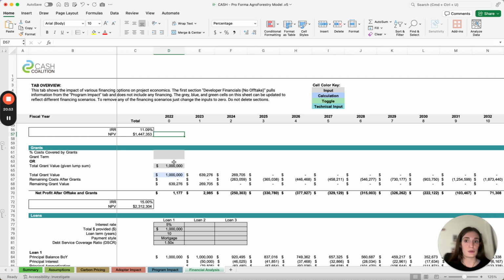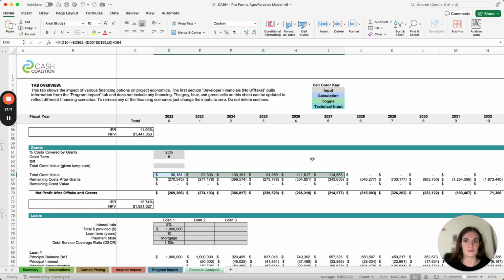So there are two different ways to input grant financing. You can either have a percentage of costs covered by grants over a certain number of years, let's say 5 years. Make sure you delete that out. So this is option number one, based on a percentage of costs. You can see here the total grant value comes from that percent of costs for the first 5 years of the project. And it calculates remaining costs after grant